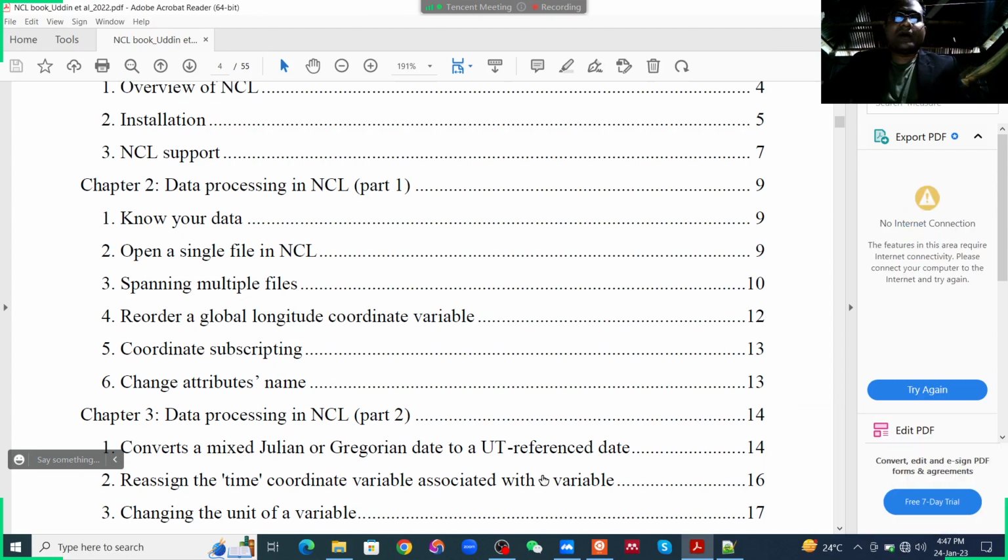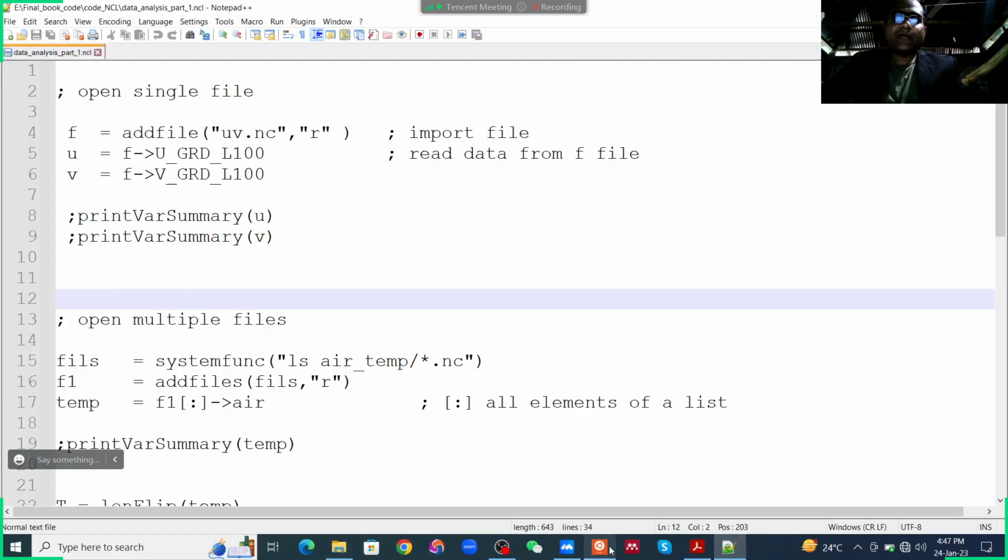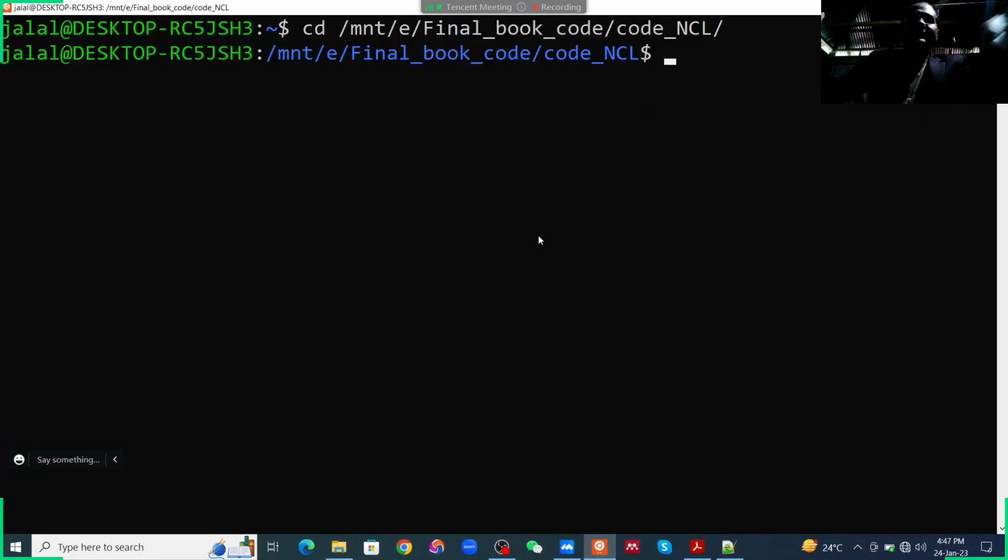Okay, first know your data. So for know your data, you need to just type NCL file dump. NCL file dump. In the last class, I showed you NCL file dump. Then space. Don't try with code. NCL file dump is for data. In the last class, we know our data is